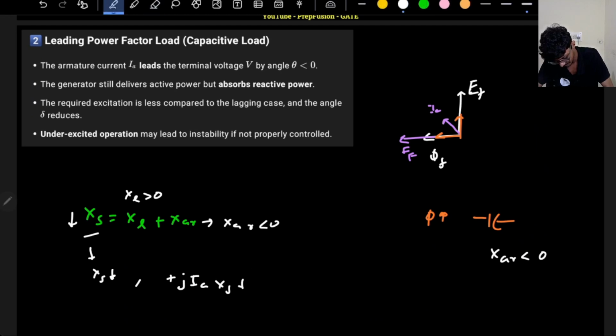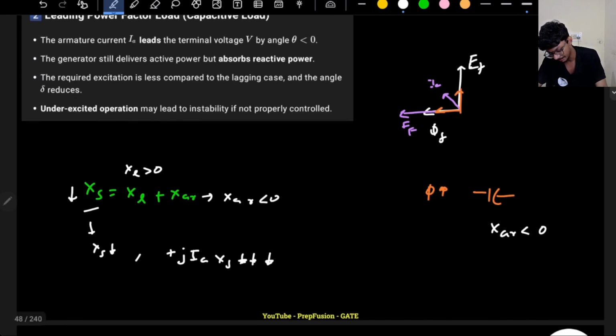This will reduce drastically. So the magnitude of IA into XS is much smaller in case of a leading power factor load